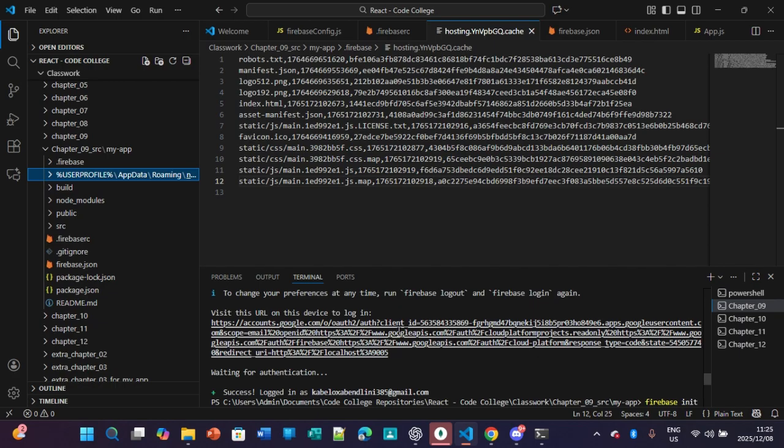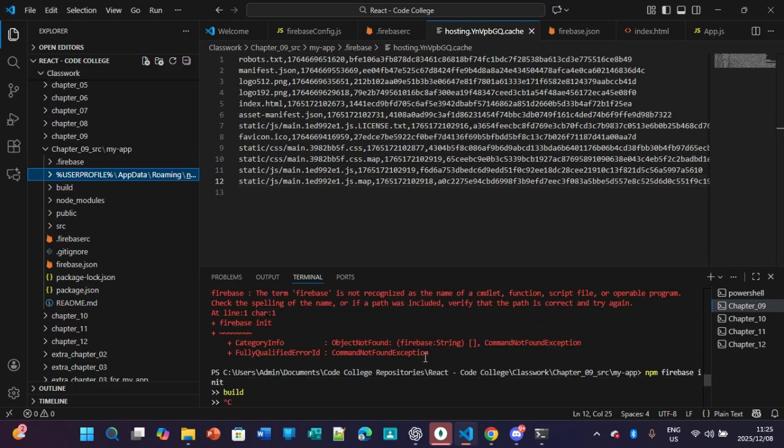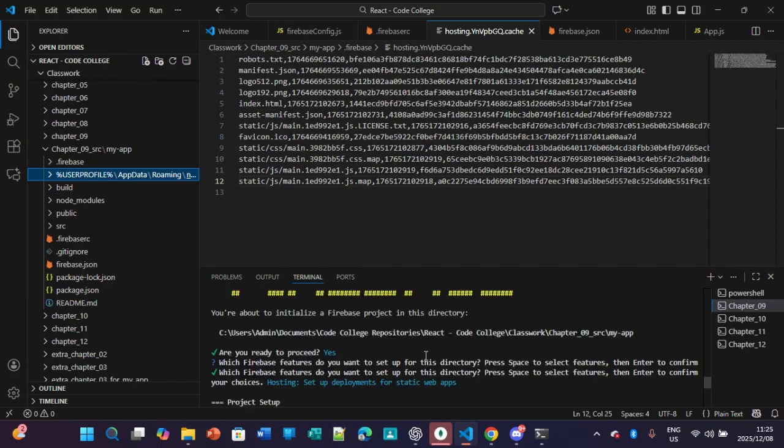You're about to initialize a Firebase project in this directory, with choices: hosting setup, deployments for static web apps, then project setup using an existing project, build, yes, no, and so on, then run build, then create and optimize. So this is pretty much everything we need. Then I compiled my project, and compiled it again, and then I logged into